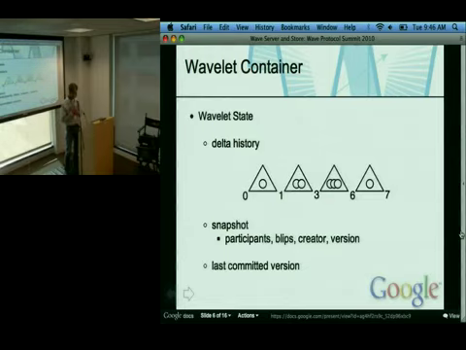Then we also maintain a snapshot of the wavelet state. This is something else also described yesterday. When you apply all these deltas one by one to the empty wavelet state, you end up with the current wavelet state, which is the ordered set of participants, and the map from document IDs to documents or blips, and a little bit of metadata like the creator,